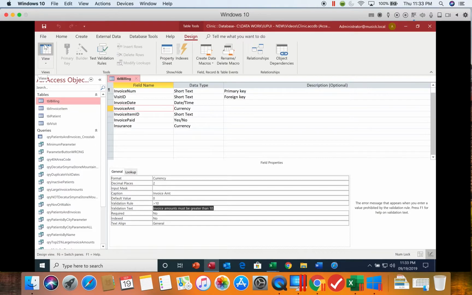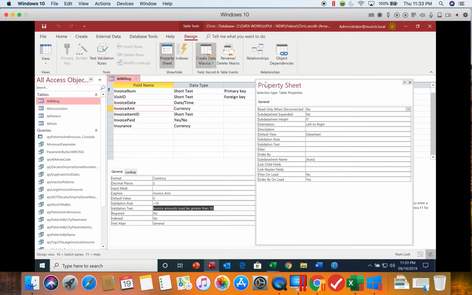To enter our table validation rules where we compare two fields, we're going to click on this property sheet button that's up on our show hide group of the ribbon, and it's going to open the property sheet over here on the right hand side of our screen. You'll notice there we have a validation rule and a validation text. Same concept. We put the rule in, and then we put the text,